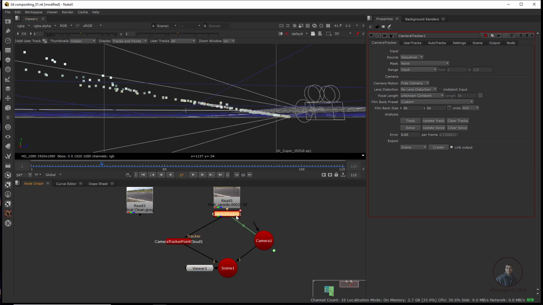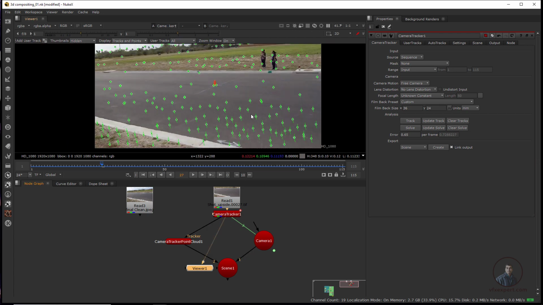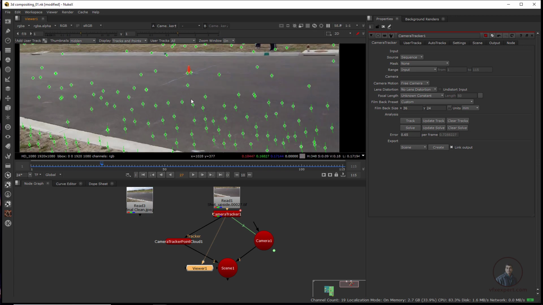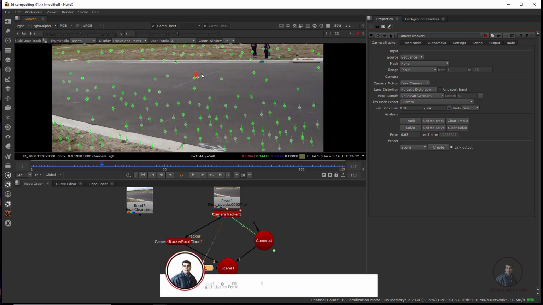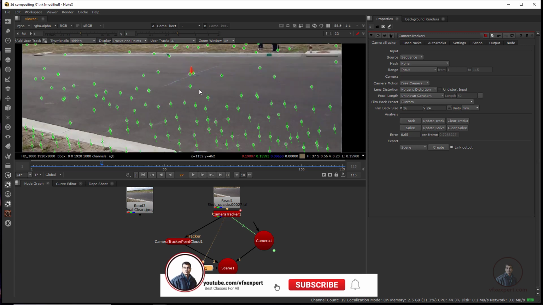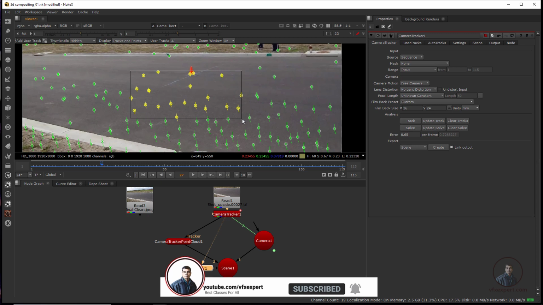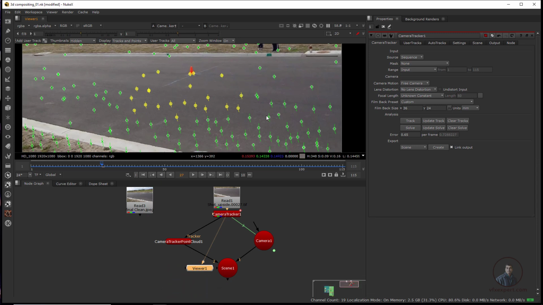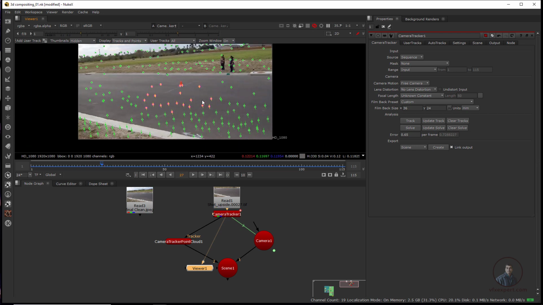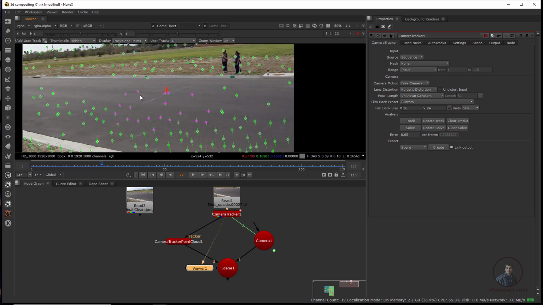Then again select this one and press 1 here. Now first I am going to define a few things here. These are some points which are on the ground, so I am going to define them here. So these are some points, okay. If you want, you can select multiple points, then right click, Ground Plane, and Set to Selected. After this I am going to define an origin: select, right click, Ground Plane, then Set Origin, this one.